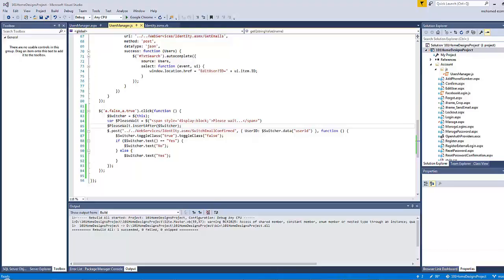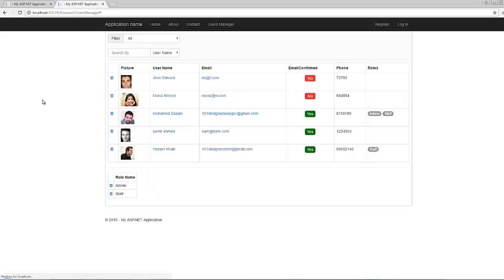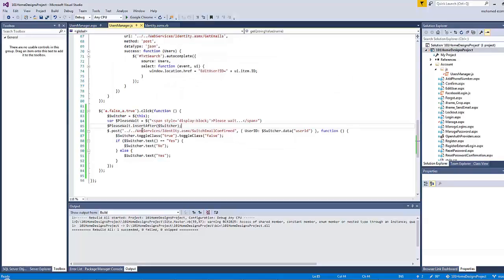Now let's save all. Let's refresh our browser. Now when we click the button, the message appears as expected, but it never disappears even after the process is done. So after this process is done successfully, we should detach the "please wait". So dot detach, and please don't type dot hide,